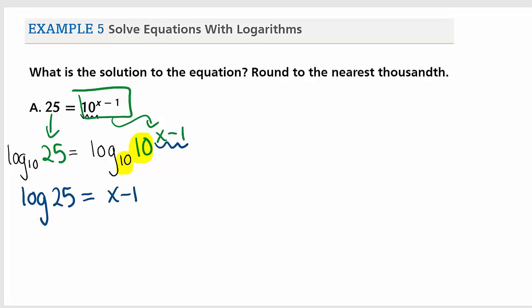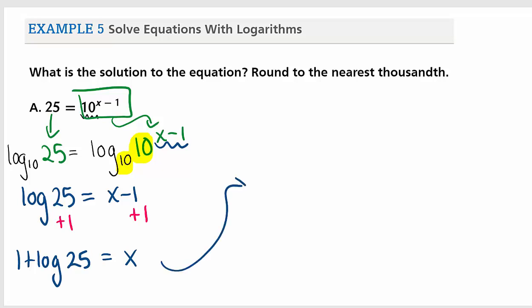Notice that I dropped the 10 because it is our common logarithm, so I don't need to write it every time. I want to solve by getting that x by itself, so I'm going to add 1 to both sides. Then I'm going to go to my calculator. So x is approximately equal to